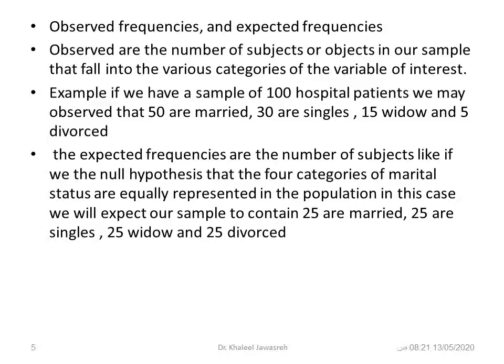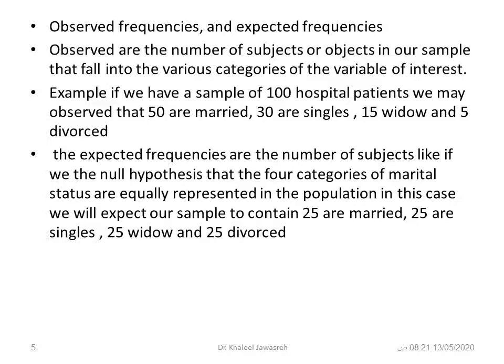we would expect if we use the null hypothesis that the 4 categories of marital status are equally represented in the population. In this case, we will expect our sample to contain 25 married, 25 single, 25 widows, and 25 divorced. How can I facilitate giving you the expected frequency? In a simple way, we can say that